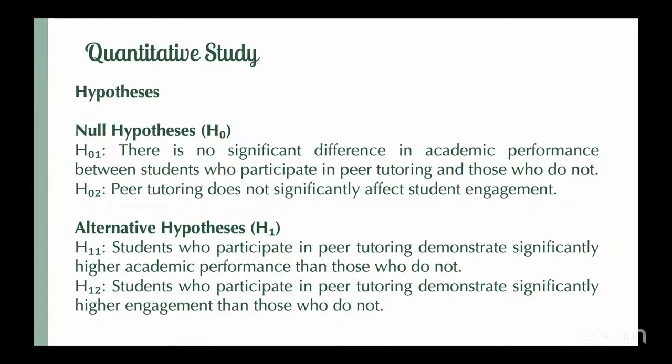In a quantitative study, when you're talking of hypothesis, we said our propositions, we convert them into hypotheses. So if I convert my proposition into a hypothesis, I will say there is no significant difference in academic performance between students who participate in peer tutoring and those who do not. This is the null hypothesis. That is why it is called H0, right, with a zero subscript. Then for student engagement, I may say peer tutoring does not significantly affect student engagement. Now, you may ask why I started with this. Towards the end, when I find that peer tutoring is making a great difference, I reject this hypothesis.